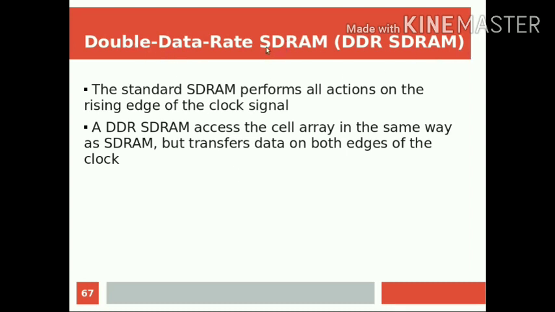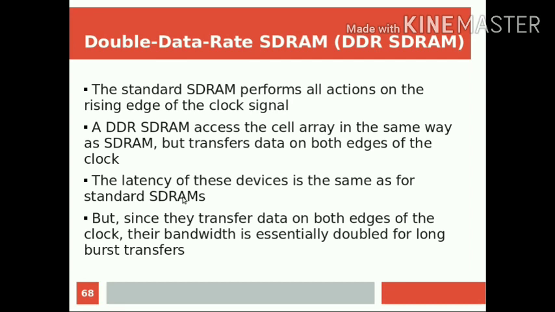Then another special type of DRAM is double data rate SDRAM, or DDR SDRAM. In the case of standard SDRAM, all actions are performed on the rising edge of the clock signal. A DDR SDRAM accesses the cell array in the same way as standard SDRAM, but transfers data on both edges of the clock. That is, on the rising edge and on the falling edge. The latency of these devices is the same as for standard SDRAMs, but since they transfer data on both